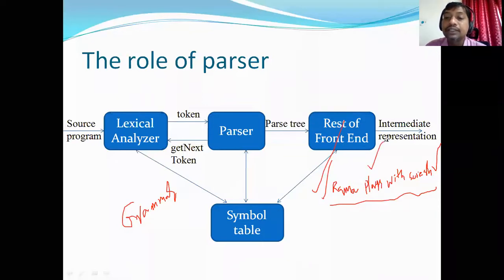Why I'm saying that is, suppose Rama is the subject, followed by a verb, followed by some object. There is a fundamental principle in English grammar that an English statement must contain a subject followed by a verb followed by an object. So in Rama plays with Suresh, plays with is the verb, followed by Suresh, which is the object. It's a valid statement in English. Why? Because it follows this rule. This is a fundamental rule in forming sentences. So let me change the order.